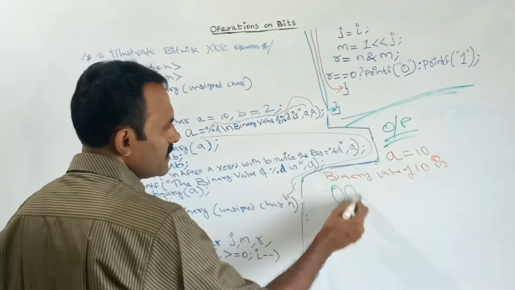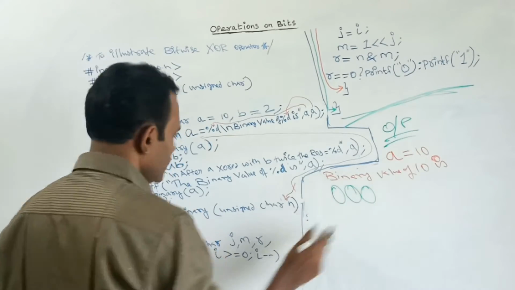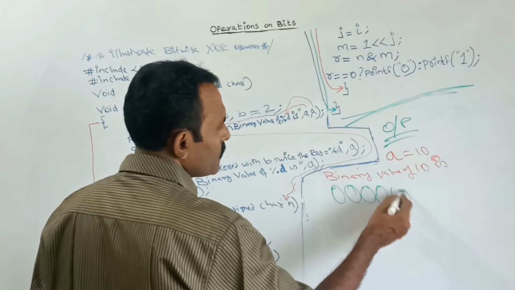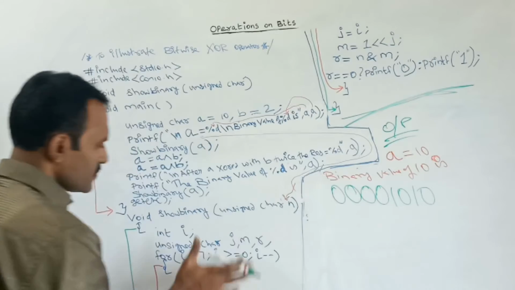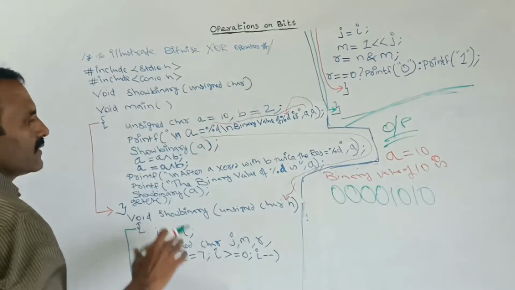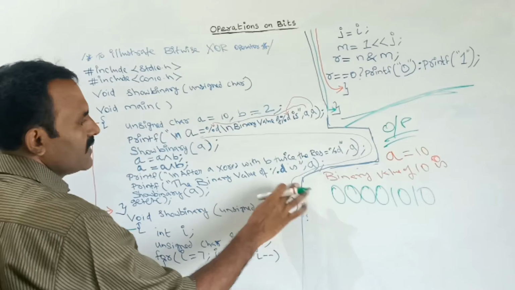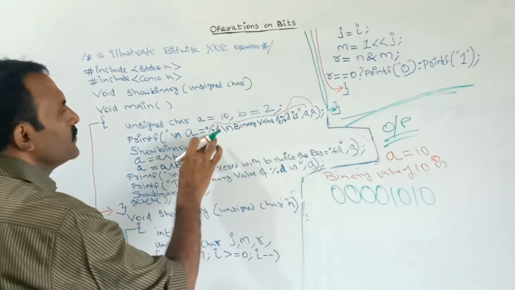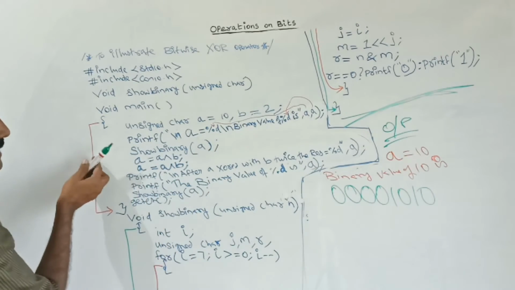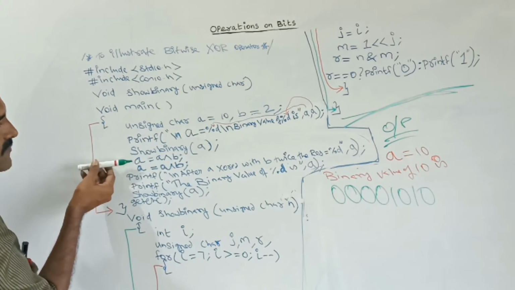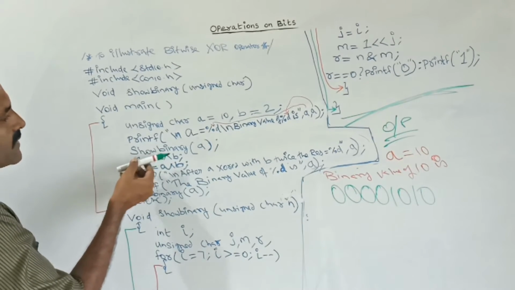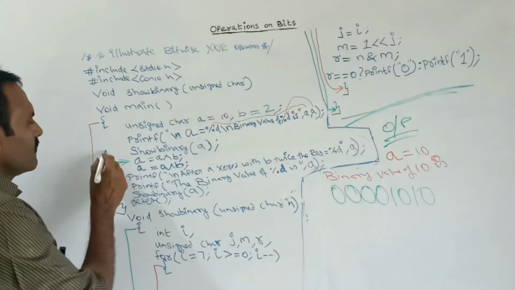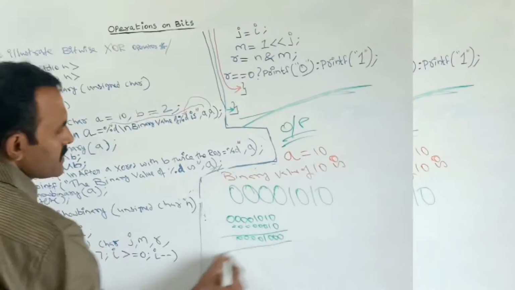The for loop will print the binary values for each and every iteration. After completing this user defined function, it returns back, so the controller comes back to where it was called. After printing the binary value, the controller comes to the next step: A is equal to A XORed with B. This is the first time, and this is the result.